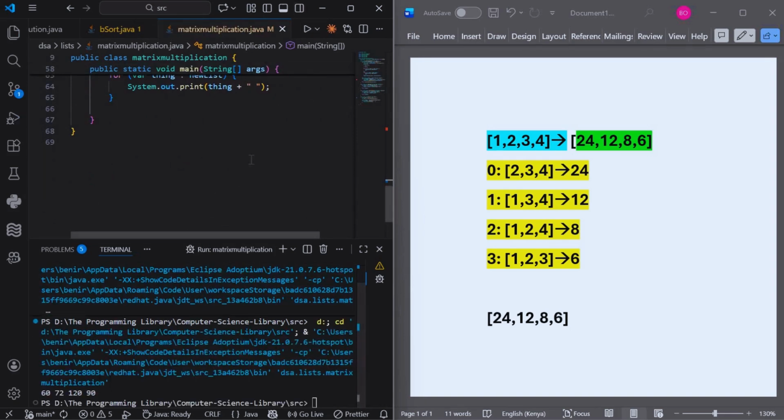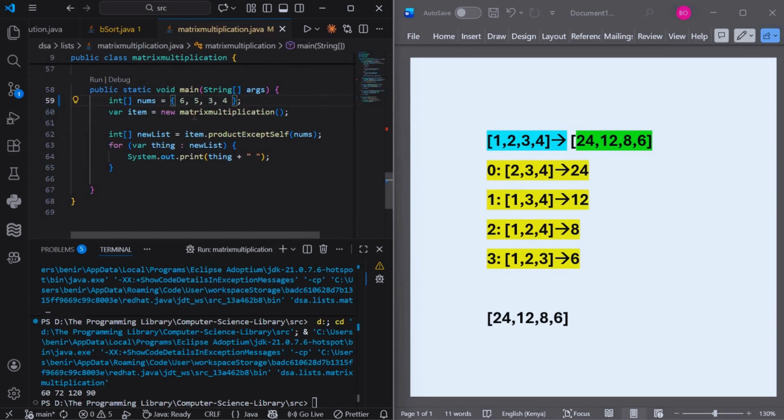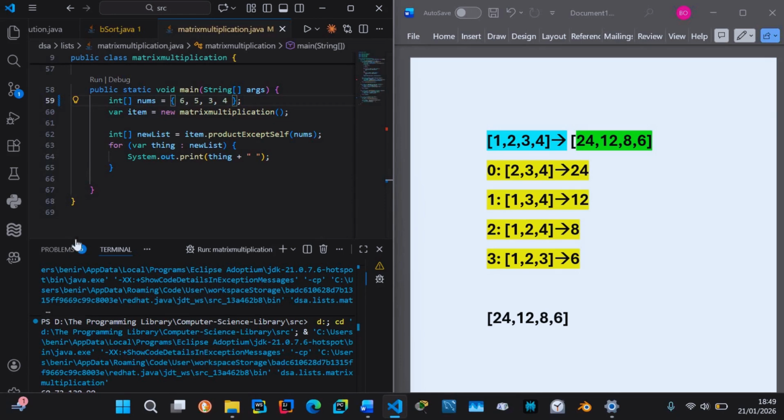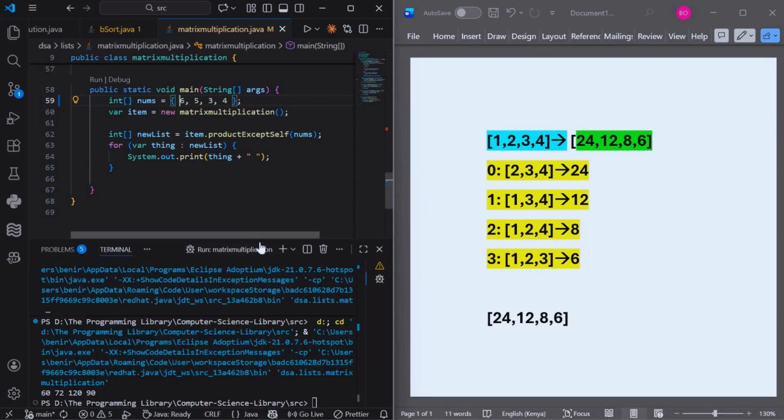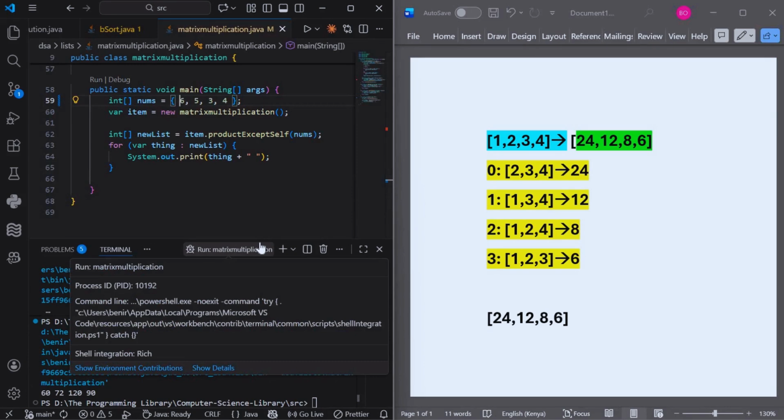So let me see. 6, 5, 3, and 4. So 5 times 3, 15. 15 times 4 is 60, which will be our first element. And when we're at position 5, 6 times 3 times 4. All right, 4 times 3 is 12, times 6 is 72. And when we're at position 3, it is 30 times 4, which is 120. And when we're at position 4, it is this remaining elements, which is 30 times 3, which is 90. Right, so that's how to solve the issue with